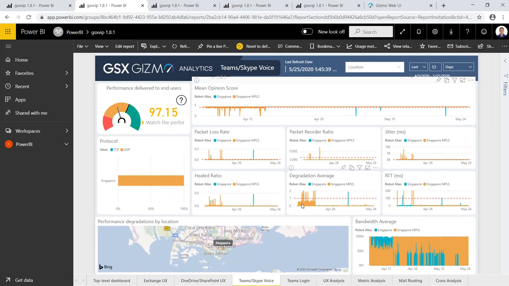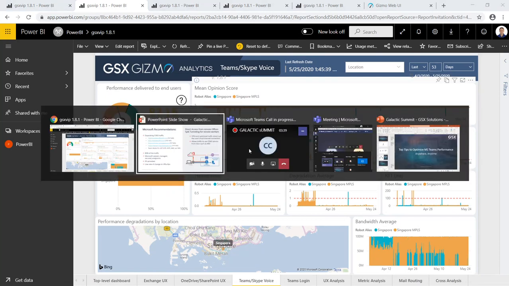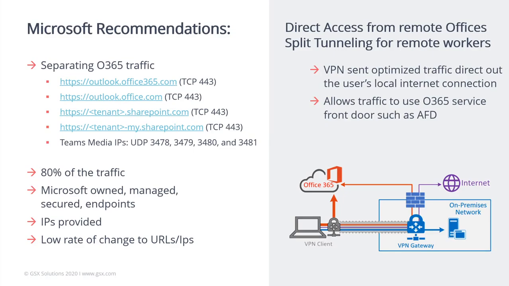You can see really in the degradation average, in the packet loss, in the health ratio, that the yellow robot was always worse than the blue one. So really, connecting directly to Office 365 without going through the MPLS is the right way to go, because the MPLS can really affect the service quality delivered to your users.